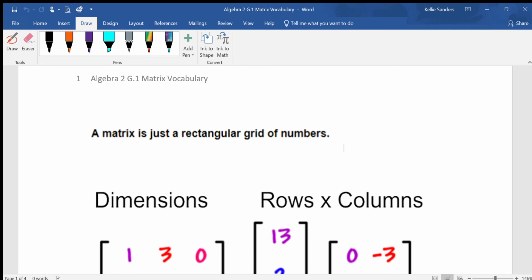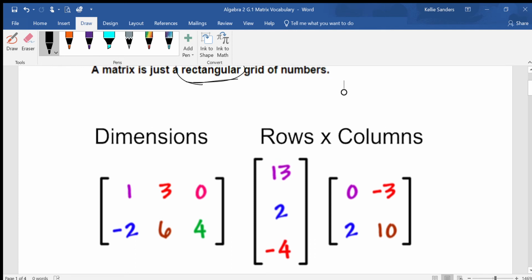Algebra 2, G1, matrix vocabulary. A matrix is just a rectangular grid of numbers. So we're dealing with rectangles, okay? If you have a matrix,